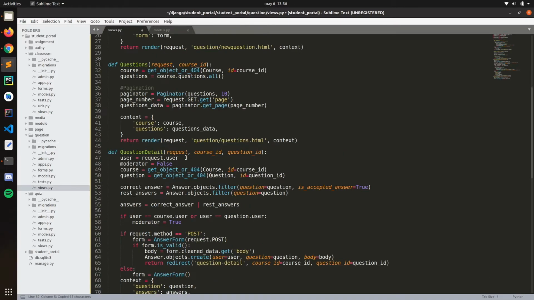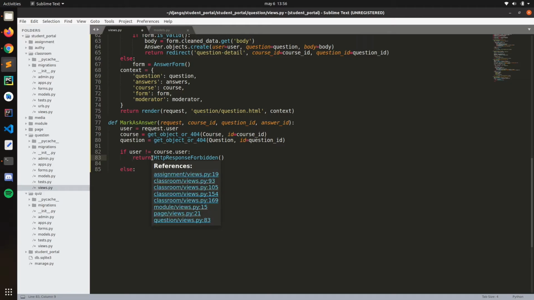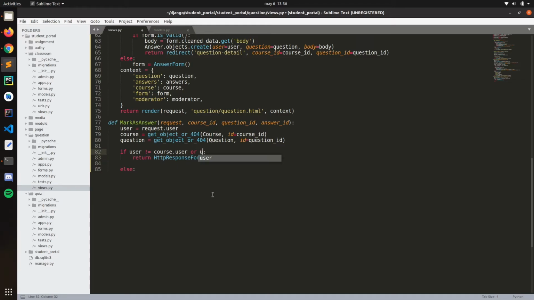Let's copy this one here. Right here. If user is different from the course user, or the question user, basically we're checking if the user is not the person who created the question, or the teacher, we're going to return HTTP response forbidden here. Okay. Else,